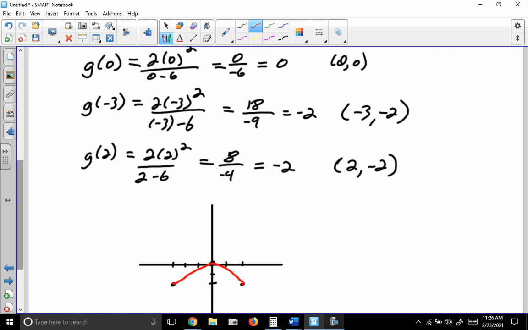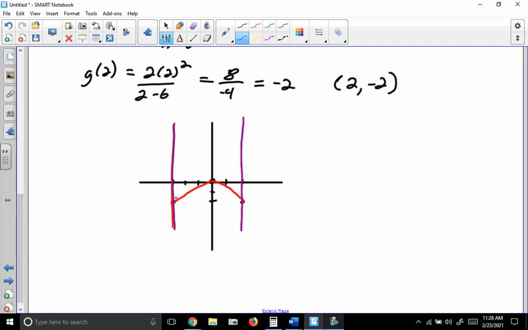Remember, our interval goes from here, negative 3, over to 2. Again, it's a closed interval because we are including the edges. If it didn't include those edges, then we would call it an open interval. So this is closed. We include the edges. So we have a maximum value here